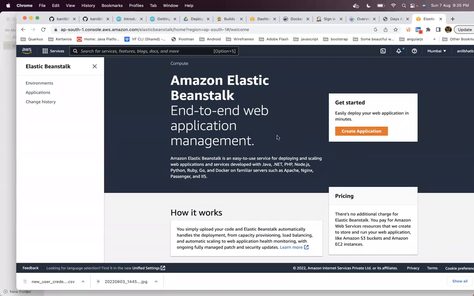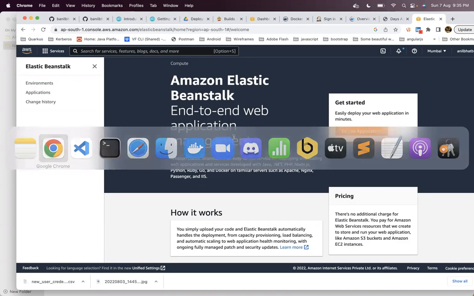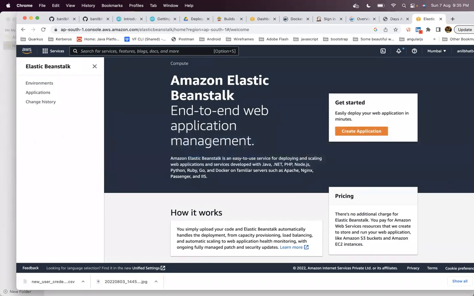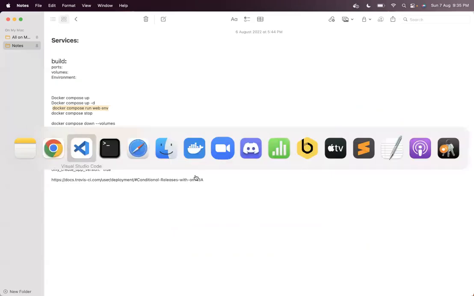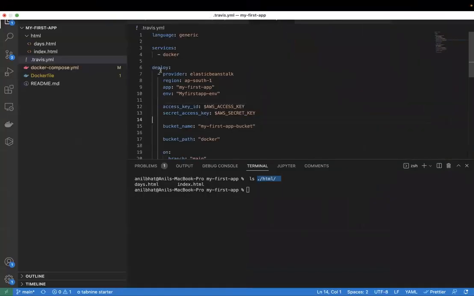We'll take the help of Travis. So in this end-to-end CI/CD pipeline, you can see a live demo using all these tools and services. You are going to use the Docker service, and the CI/CD pipeline tool called Travis.